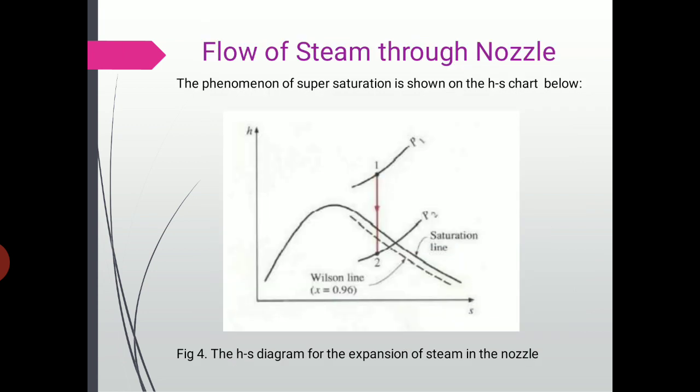If you see, this black continuous line is called the saturation line. Beyond that, the upper portion is superheated steam. Below that, wet steam will be there. So three regions will be there. We have already studied this in pure substances in basic thermodynamics. The saturation curve is where the steam is superheated, and below this it will be wet steam. So this is called the saturation line.